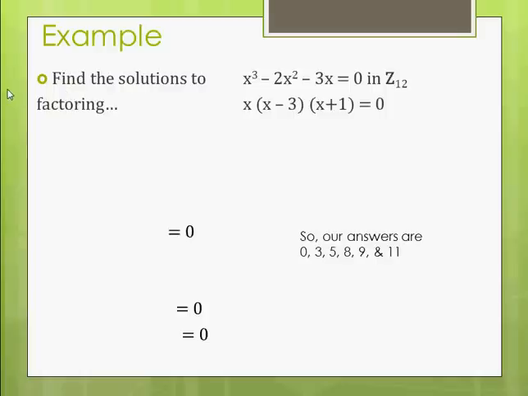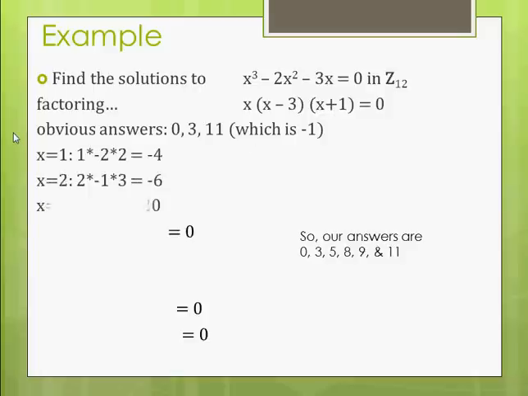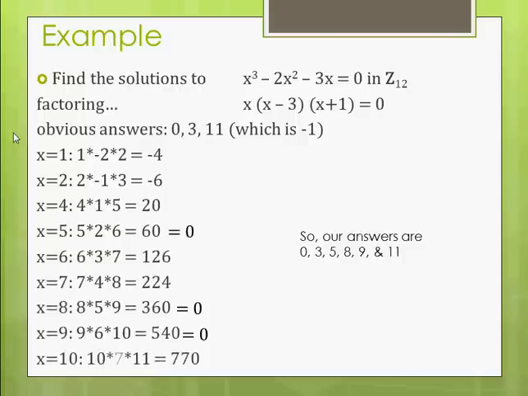And factoring, we quickly find 3 solutions: 0, 3, and 11, which is the same thing as -1 in Z12. So to find the others, since I already have these zeros here, I'm just going to go ahead and spell it out. So the other elements in Z12, when we plug in for x,